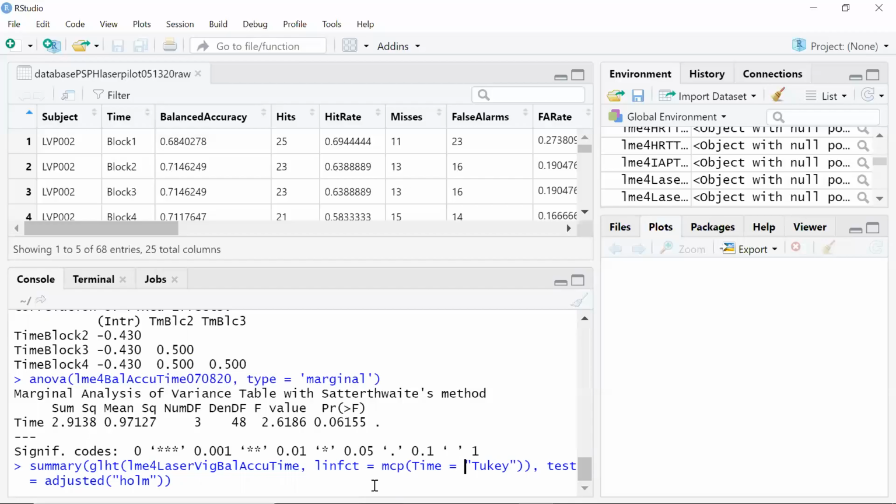MCP, again, I'm not 100% sure. I got this off of a biological statistics website. It works. So the test, then we can say, okay, we're going to have this as adjusted. We're going to use the Holm-Sidak correction. That's a family-wise error correction, and it's,